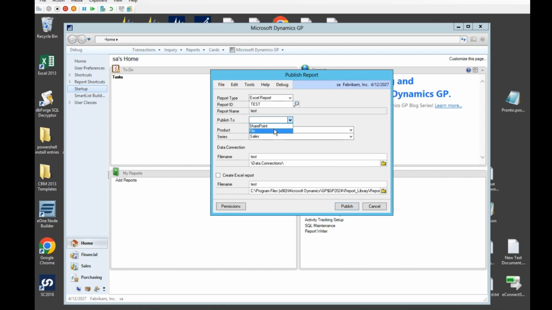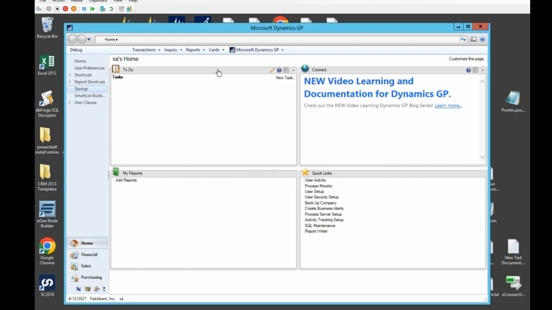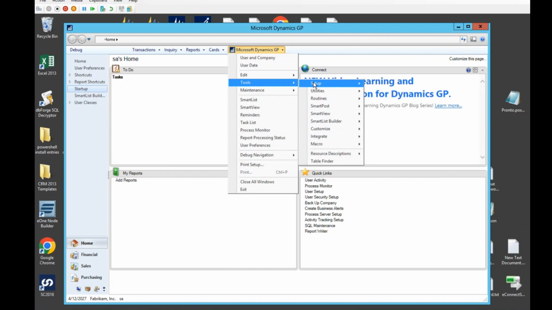And so I wasn't sure why that would be. If it's been set up, I don't know if there's something that changed that. But fortunately, the answer was pretty easy to resolve. Excel Report Builder doesn't have its own pathing for that. Instead, we leverage off the reports library that GP is using. So if we go to Tools, Setup,